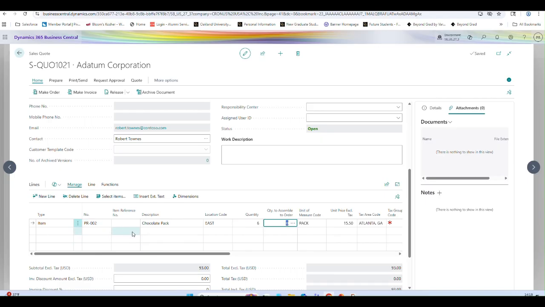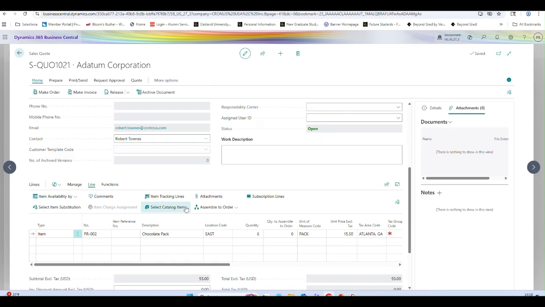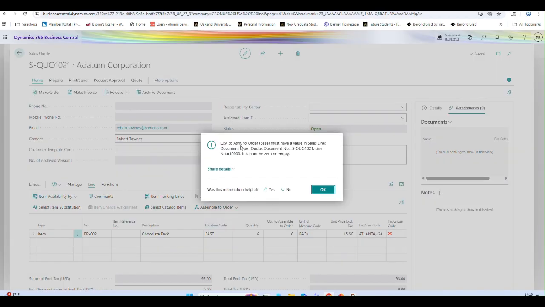If you can see, this item is also an assembly item, but the system is not synchronizing the assembly quote when we are defining the quantity on the sales quote, because the assembly to order field must have a value, right?